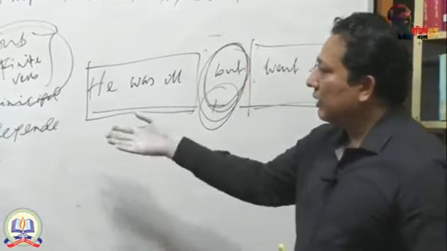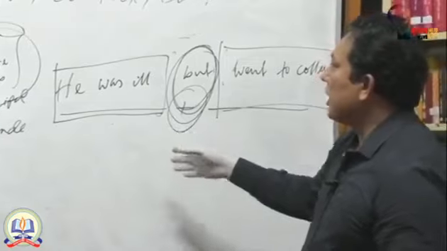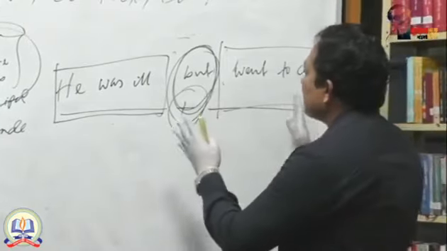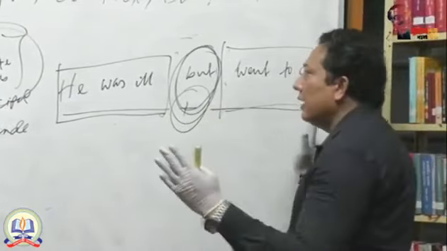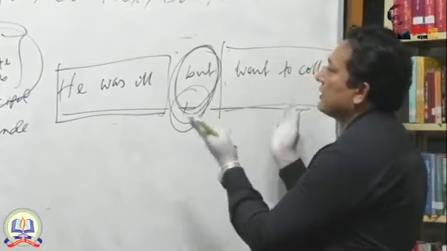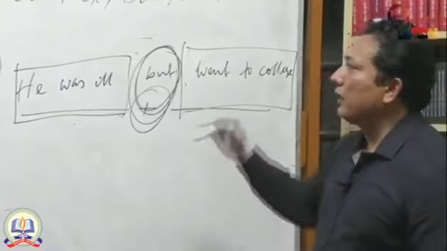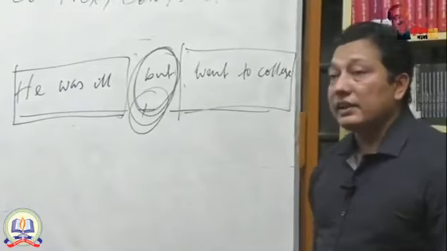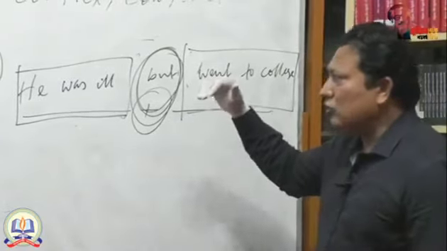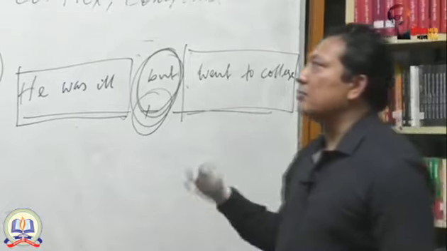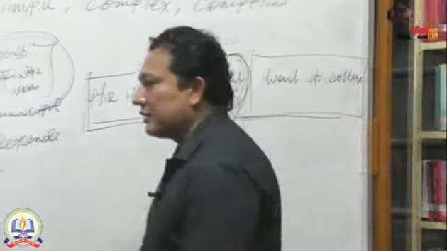If you want to make a compound sentence, of course you have to create two clauses, and both the clauses are independent, and these independent clauses will be added with a coordinating conjunction. In this way, you can make a simple, complex, or compound sentence. These are actually the primary concepts about making simple, complex, and compound sentences.